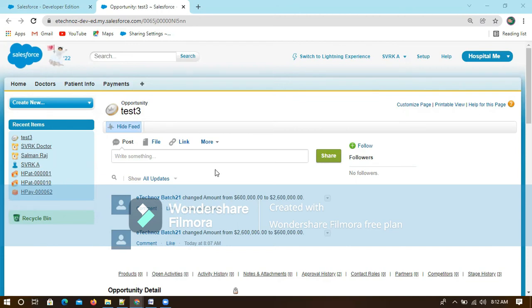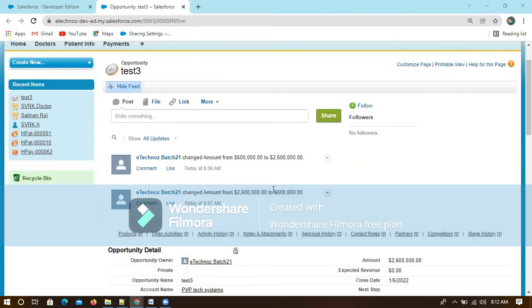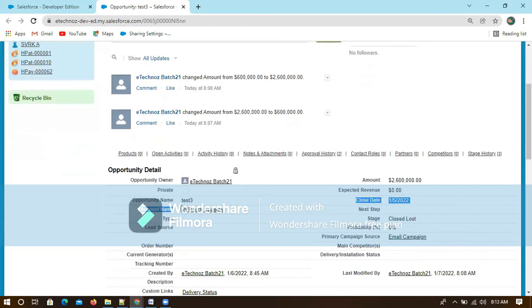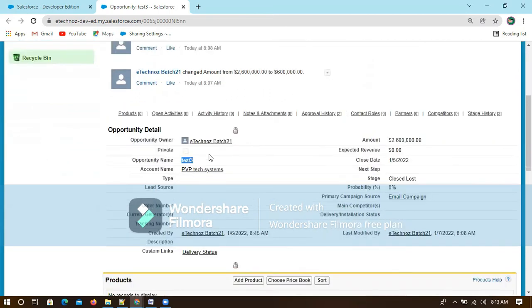I got a mail. Hello, new opportunity test 3 has been created or modified. This one, right? Test 3. So the approver will be notified with this opportunity, having the account name, because we have dynamically given that, right? So it will showcase the account name. You can see account name, opportunity ID, and a link also.